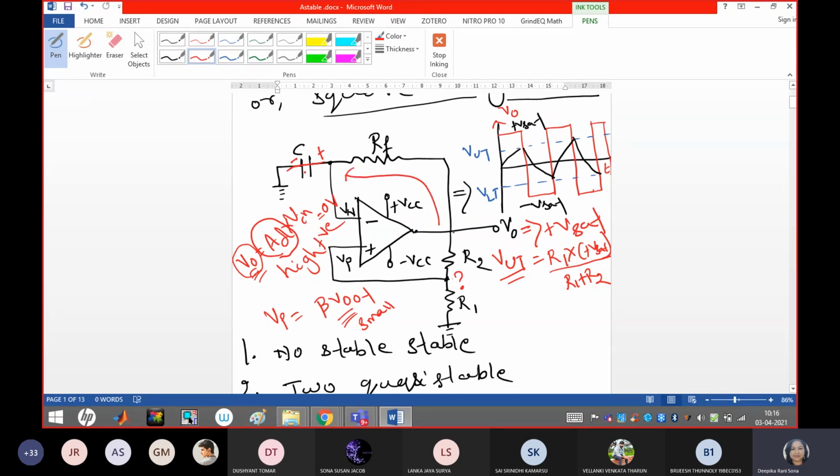So initially the capacitor voltage was 0, and because of the Vset, the capacitor will start charging. That's why, now look at the graph, guys. In this graph, this positive voltage will make the capacitor charge up to the upper threshold level. Okay, now stop yourself at this point. And because of the property of the capacitor, it will start charging exponentially.